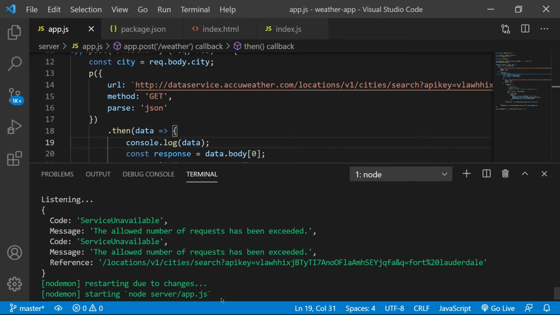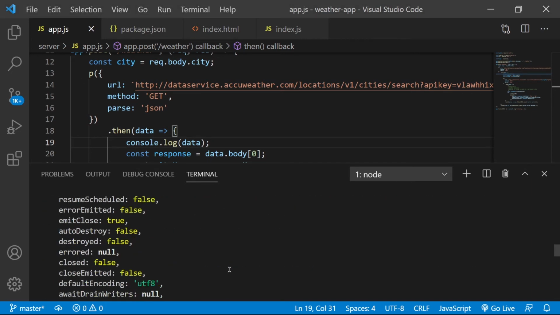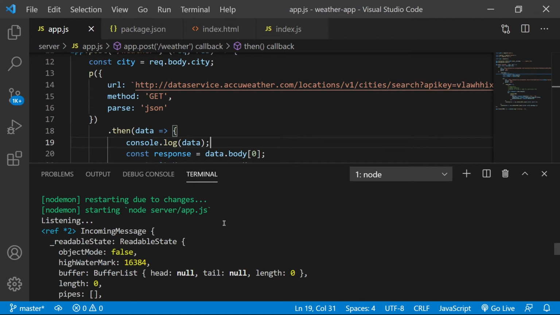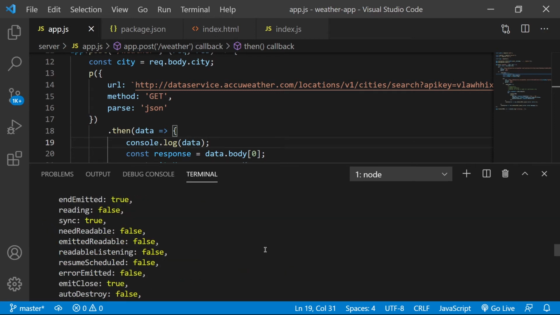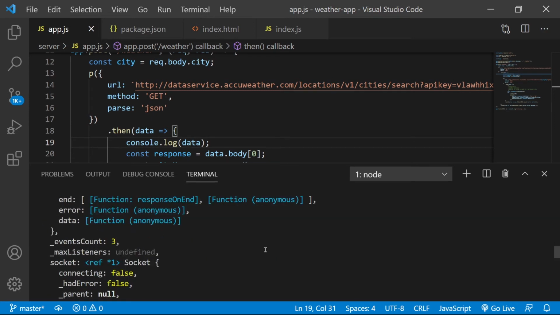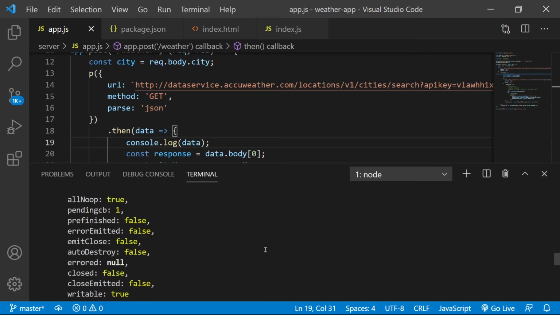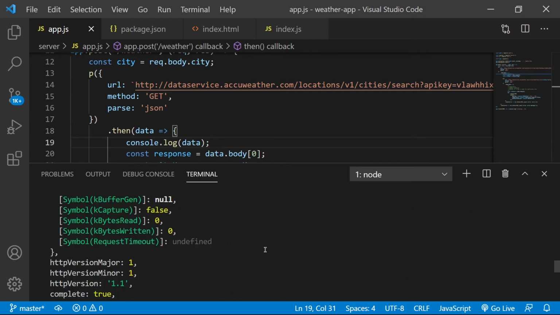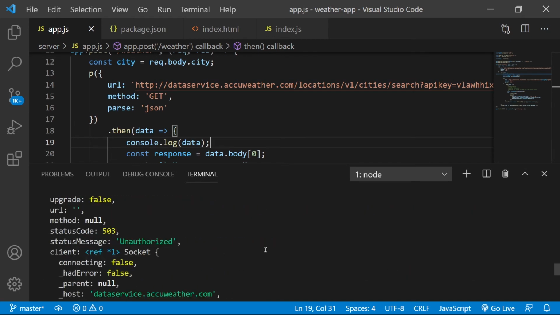Code service unavailable. Can I actually get more information just by going back? So let's see if we can get access to the code here. And data. There we go, status 503.